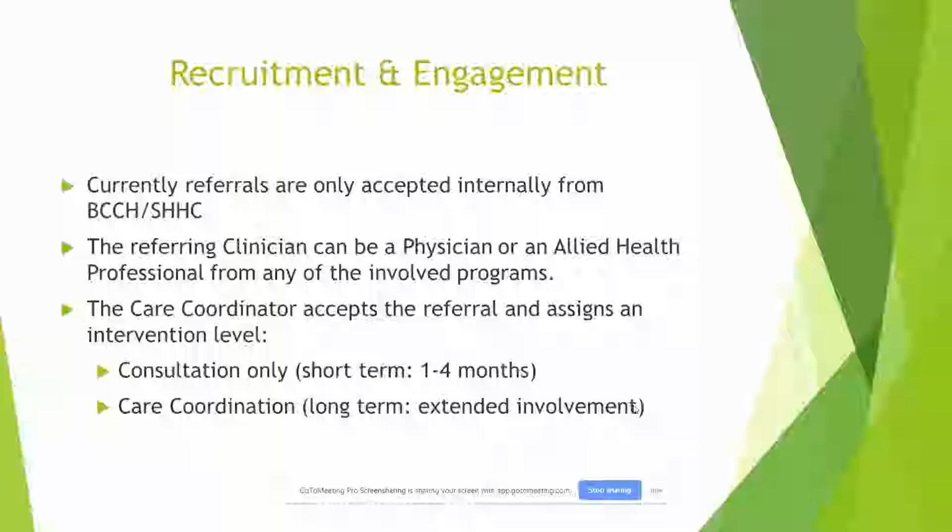Referrals can come from anyone who's working in a capacity with a patient family. So that can be a physician, a psychiatrist, developmental pediatrician, or an allied health professional, social worker, clinic nurse clinician, or a case manager. And we just want the person who's referring the patient to be able to speak to their needs and complexity. It's also an expectation that the referring clinician be available for consultation or shared care planning as needed. In the hopes of increasing capacity for the service, given currently there's only one care coordinator, who's me,